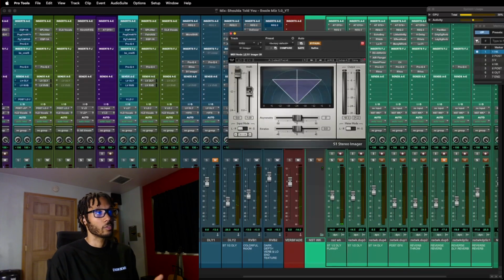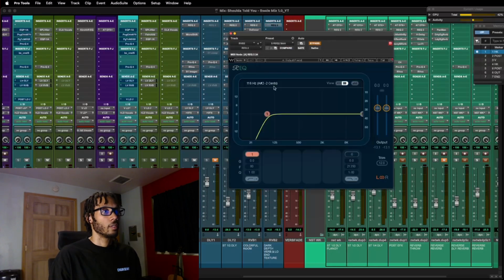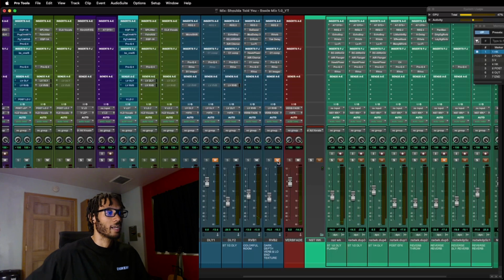And then I'm using the imager very subtly as well, the S1 imager, just to give me a little bit of width on it. I really wanted to just subtly envelop the vocal. Then a little bit of a high pass before all of those things. So we'll A-B before and we'll bring this reverb in and we'll see kind of how it just is a